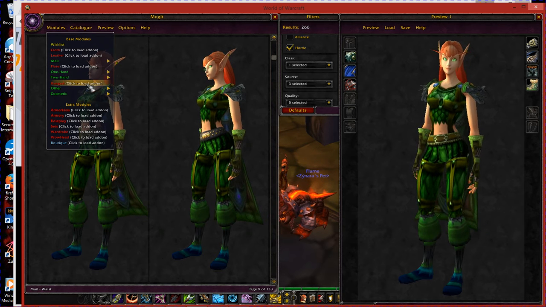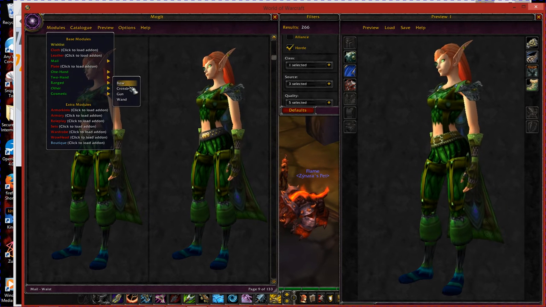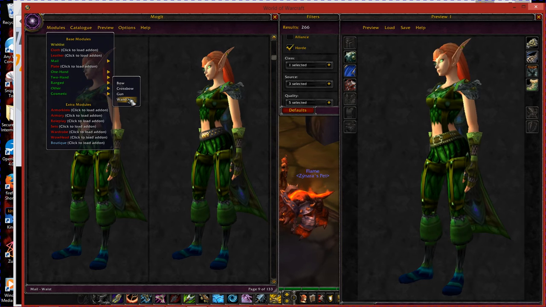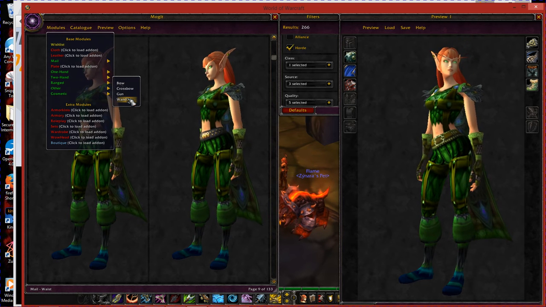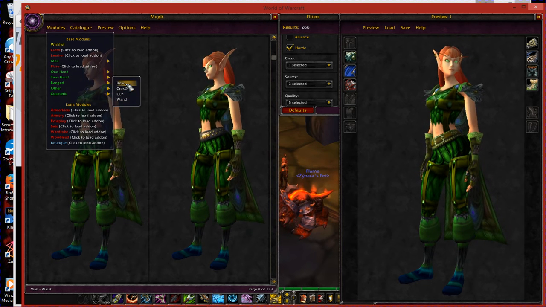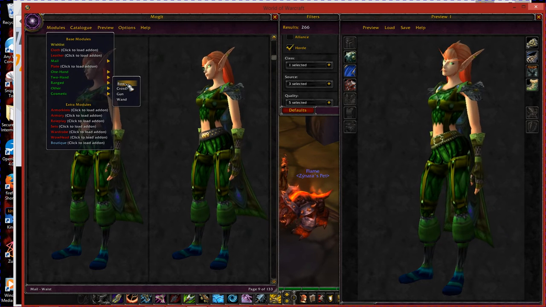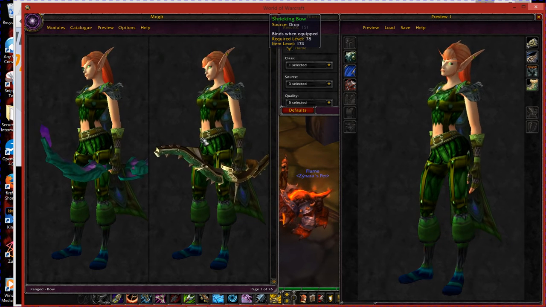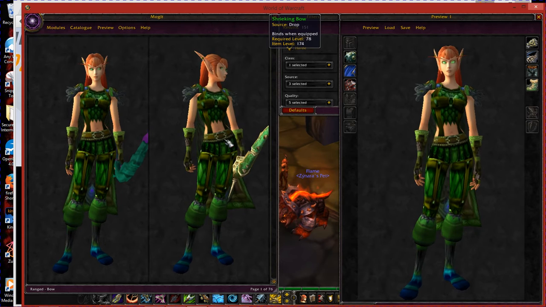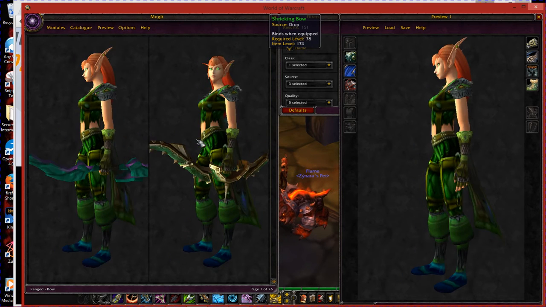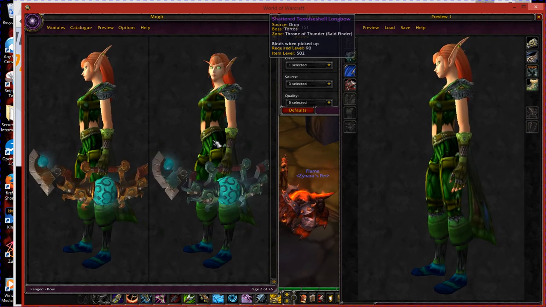I am ranged, though. I use bows. You can look for crossbows, guns, and wands, since wands are also ranged, even though I don't get the point of them. I prefer bows over crossbows or guns, so I'm going to look for a green bow. And of course the standard, but it doesn't really match for what I'm looking for.